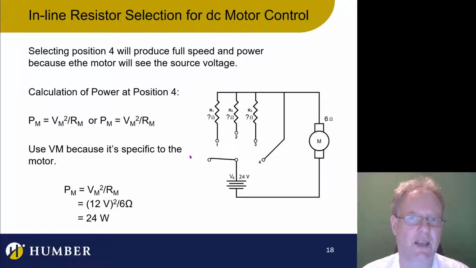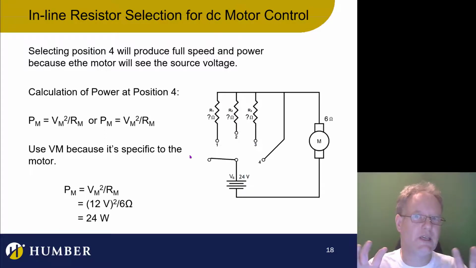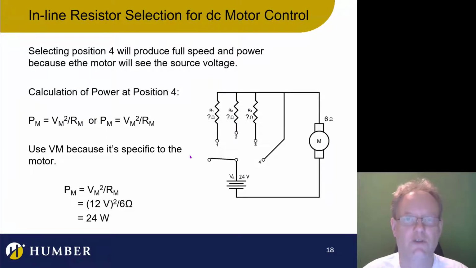We want to calculate what the total power of the motor is, and we're assuming there's a load on it. The reason we know there's a load on it is because the resistance is 6 ohms. Again, the resistance would change if the load changes, but we're just going to keep the same load on it. Okay, good. So if I put the switch all the way to number 4,